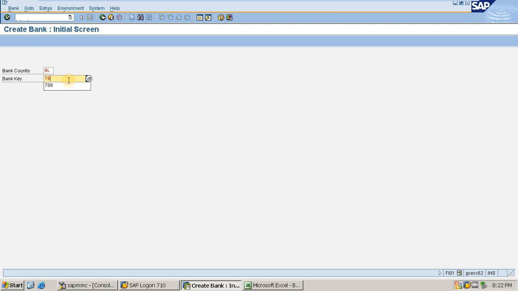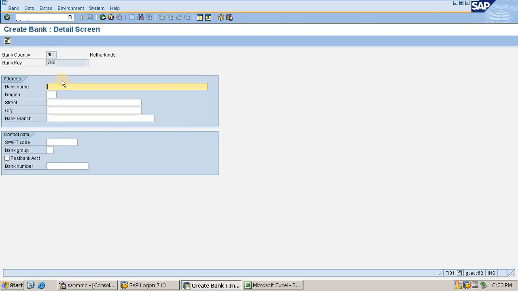Here I'll give my bank country and bank key. I have entered bank country and bank key. Now I'll press enter. I'll give a bank name here, like anything I can put.